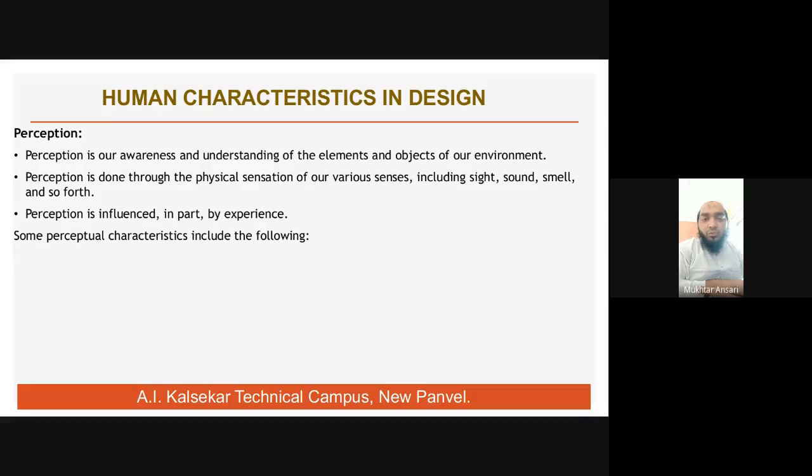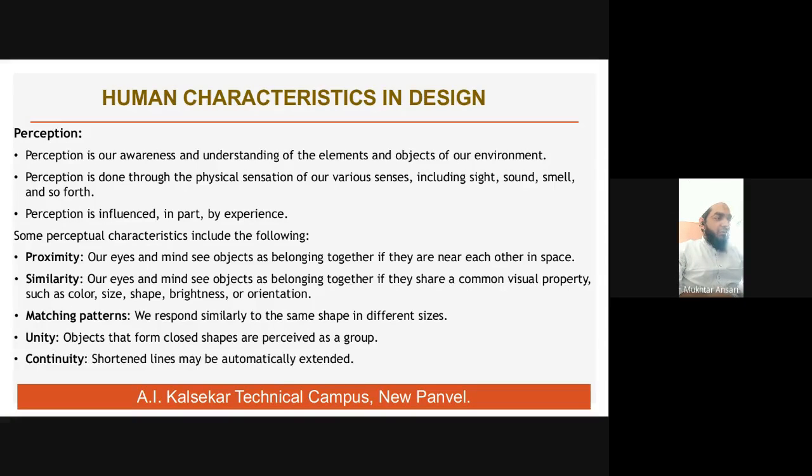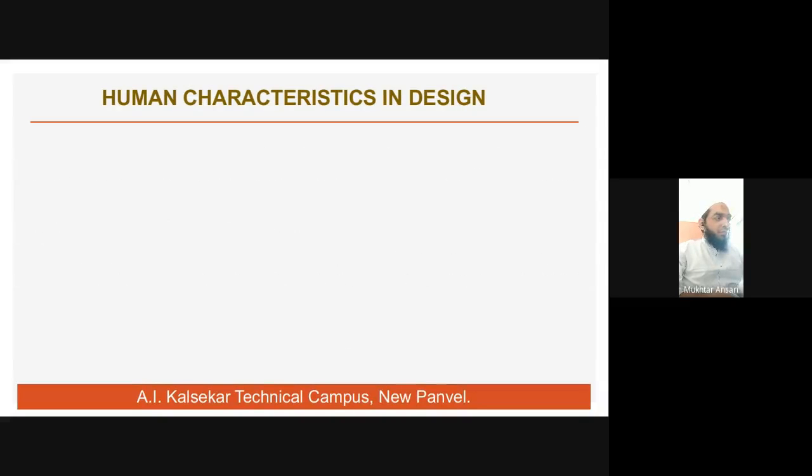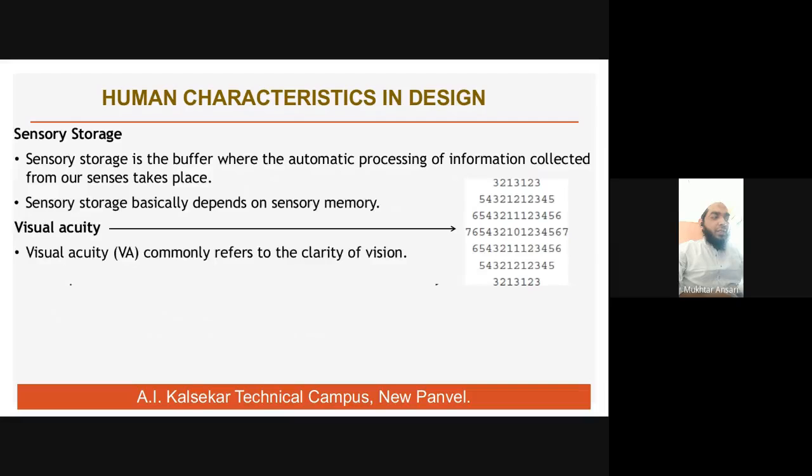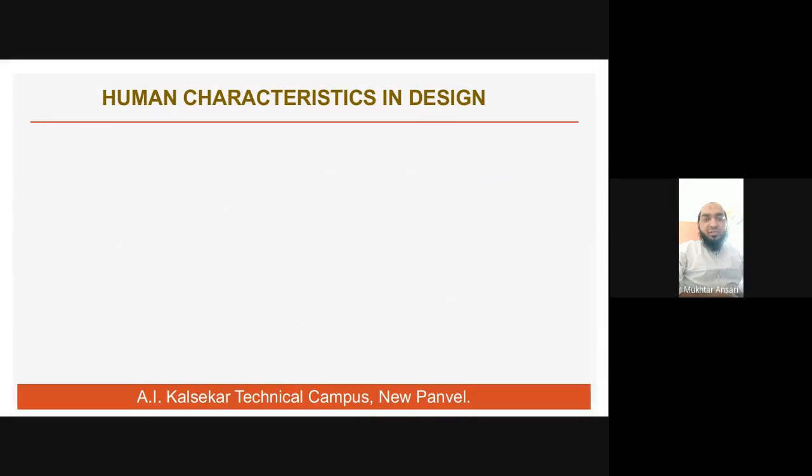Today we are going to cover two topics. One is human characteristics in design, which we already started in the last session. I think we covered perception, then memory, then sensory storage, then visual acuity. So these four points were covered in the last session, and in this session we're going to cover the remaining five or six points, which are the different human characteristics required